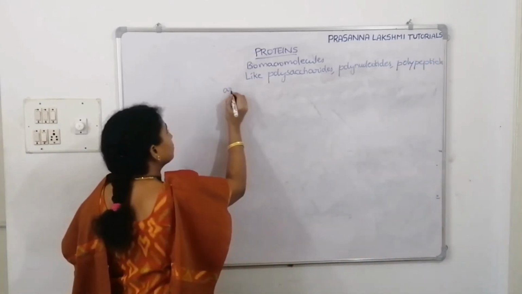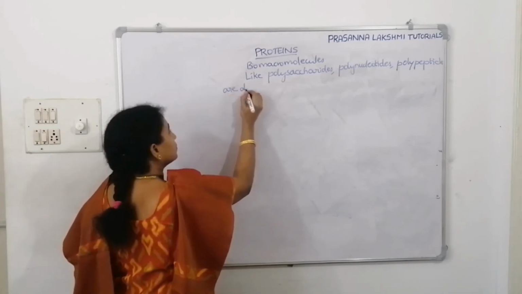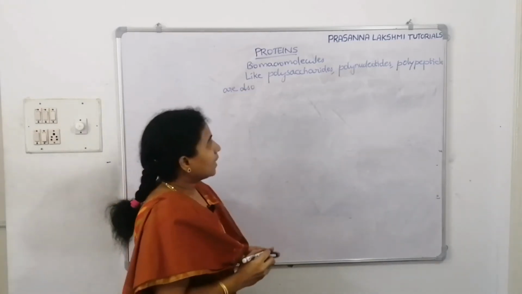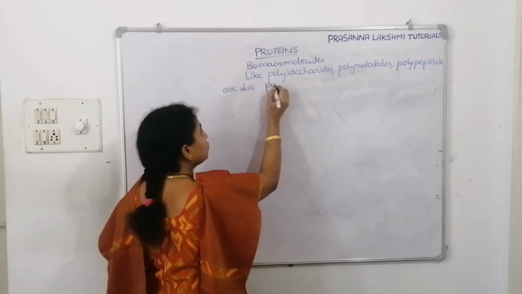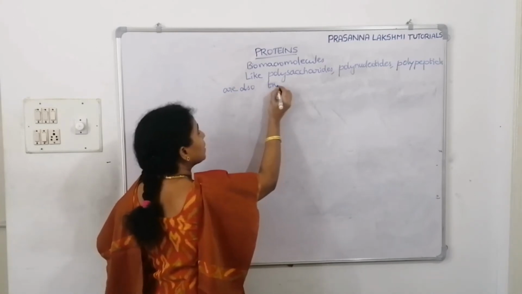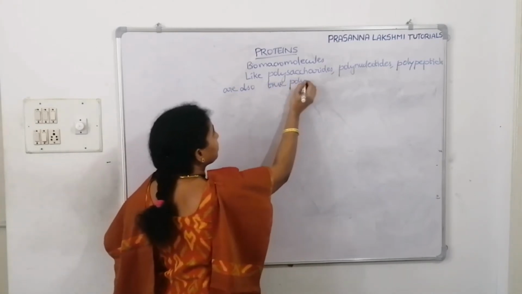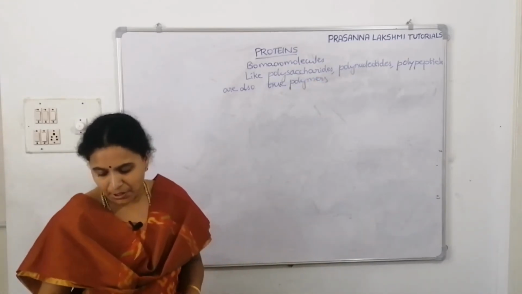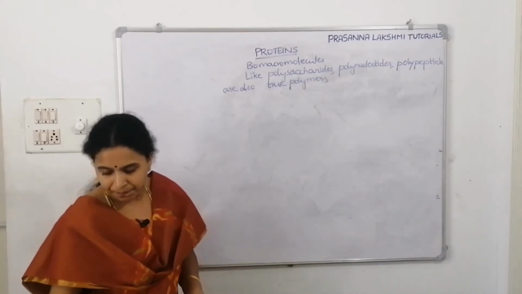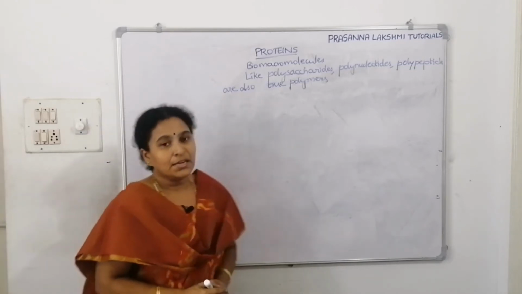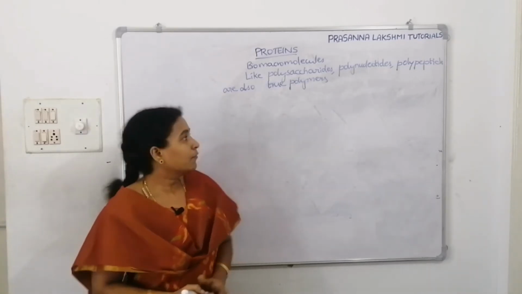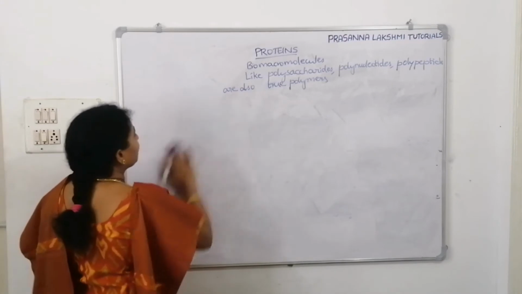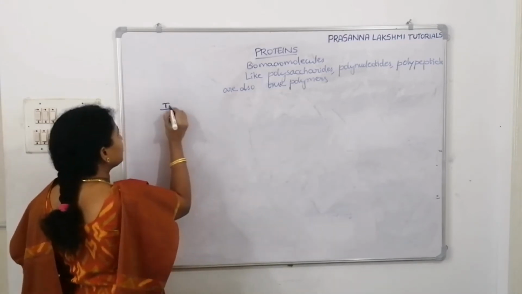Polypeptides are also polymers, true polymers. You will write down as true polymers. They are also true polymers. Okay. Proteins, if we look from the point of view of an inorganic chemist,